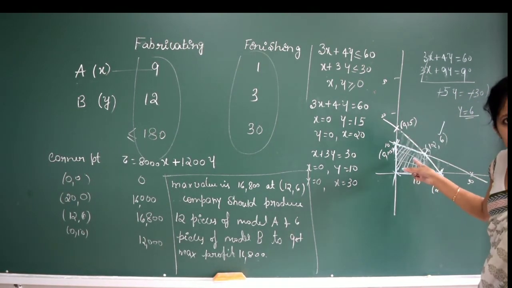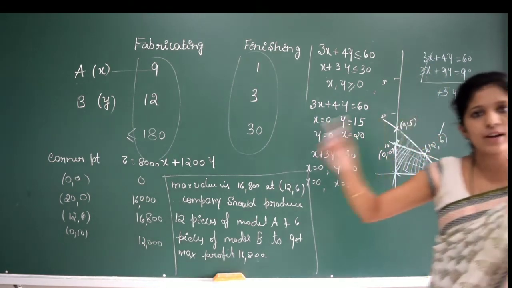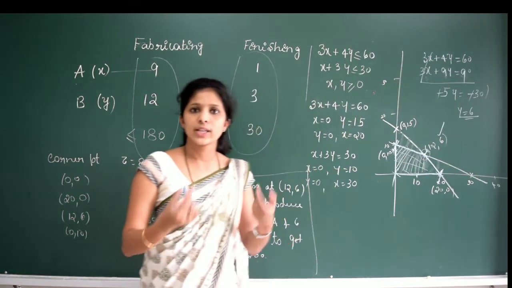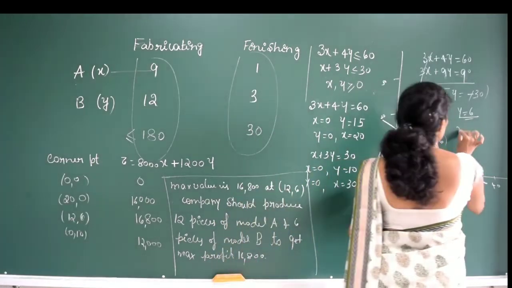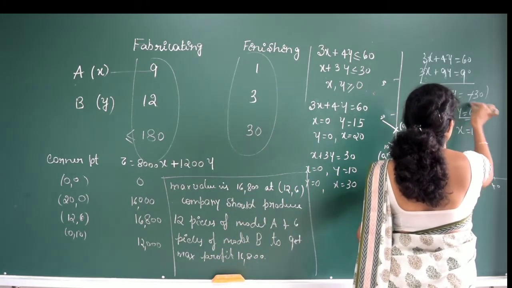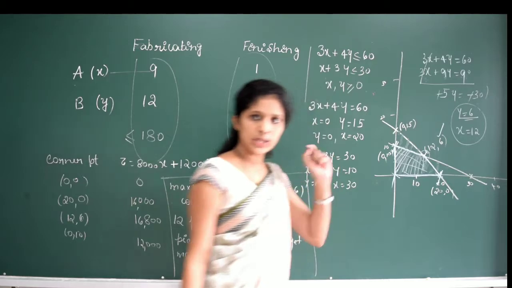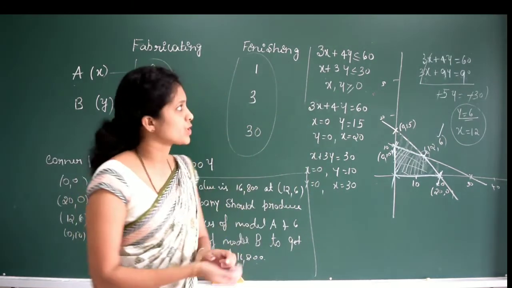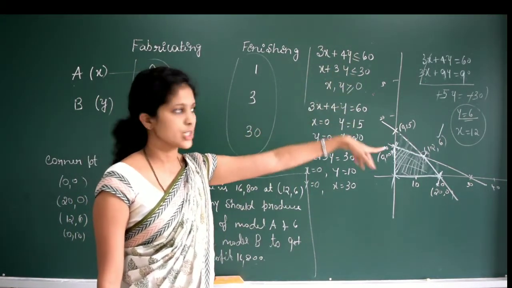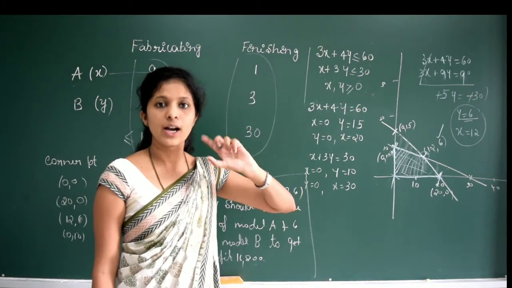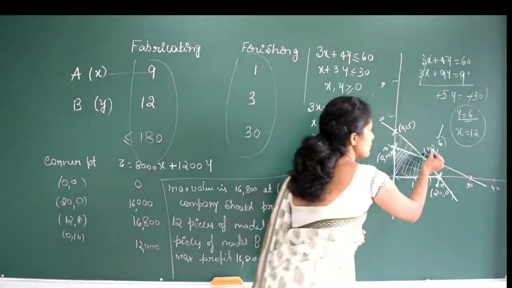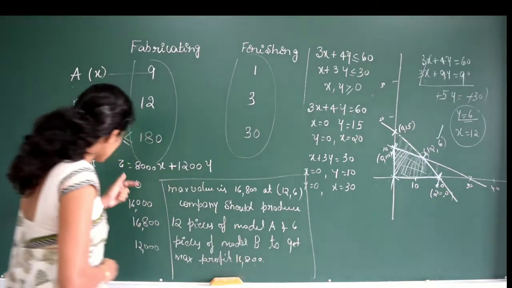To get the value of x, just substitute in the first or second equation. So that you will get the value of x as 12. Is it clear? Actually no need to do this by using the graph only. You can write, but if you have any confusion, better you solve those two equations so that you will get the perfect value for x and y. So the value of x and y is 12 and 6. So we have substituted here.